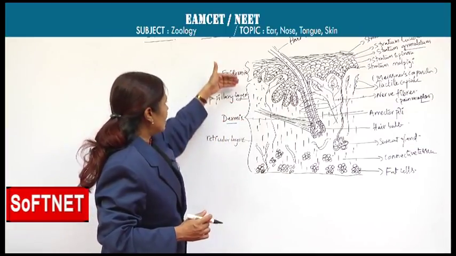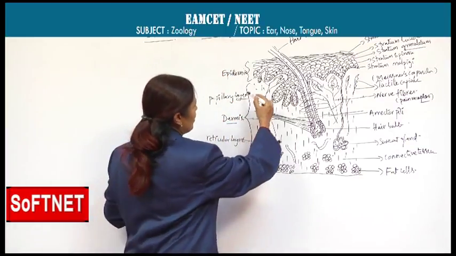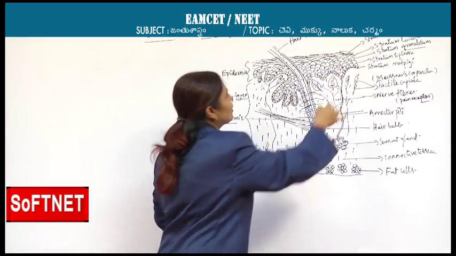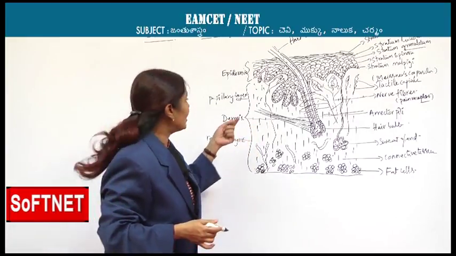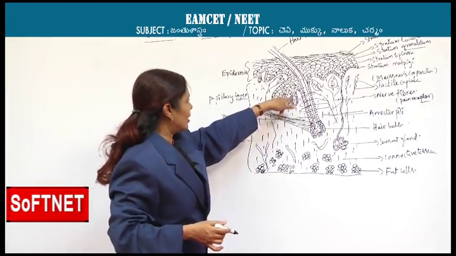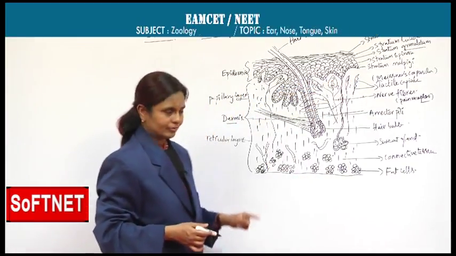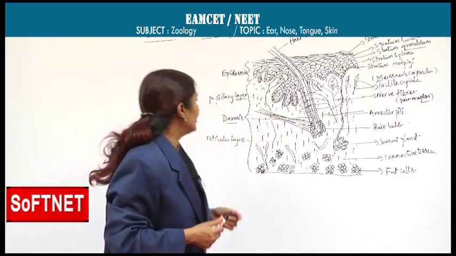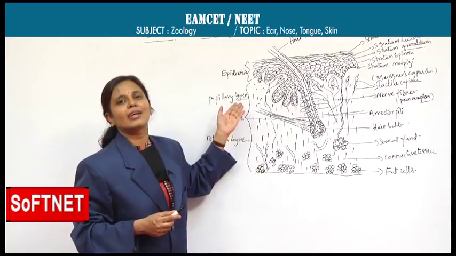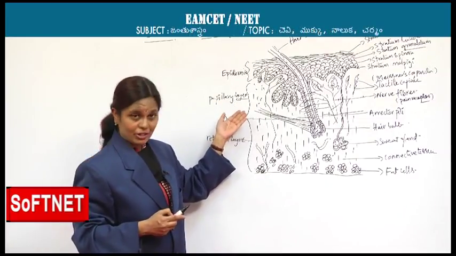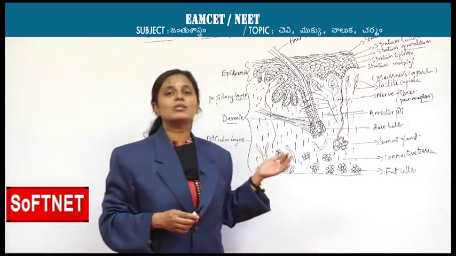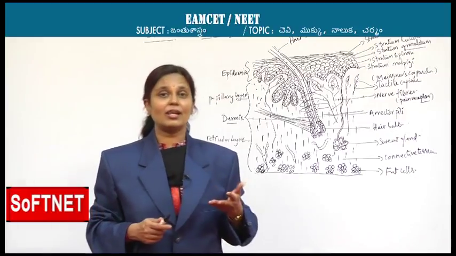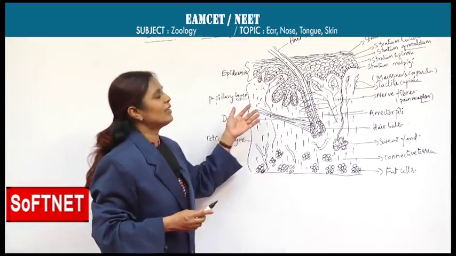As we discussed, papillary layer is close to the epidermis. Now, look at this papillary layer. This papillary layer is projecting into the epidermis in the form of papillae. In the form of papillae, hence you are calling it as papillary layer. Now, when you come to the structural details of this papillary layer, it is made of areolar connective tissue. You studied already areolar connective tissue. It is one of the loose connective tissue proper. That means it is highly vascular, provided with collagen, reticular as well as elastic fibers and different types of cells